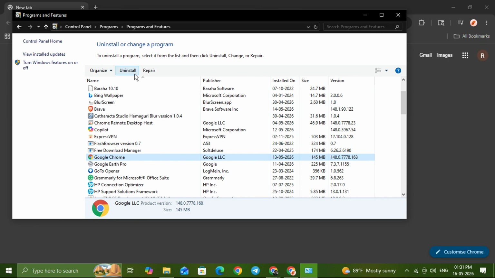Follow any prompts that appear on the screen to confirm the uninstallation. Depending on your system, it may ask you to allow the program to make changes, so just approve it to continue. After that, the uninstall process will run and Chrome will be disabled by being removed from your Windows 7